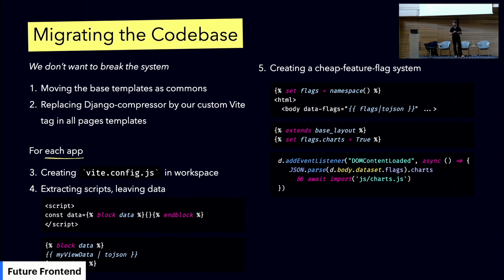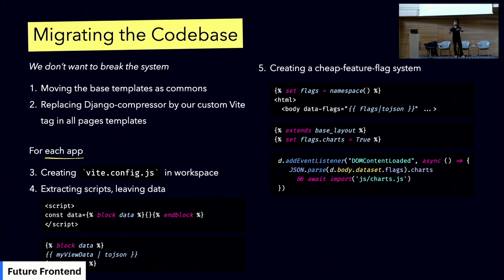And then for each application in the core, we had to create a Vite config file ready to consume the base config part. We were extracting all inline scripts into dedicated files, and we kept the data in data blocks in the views when we want to consume this data coming from the backend into the front-end components. And we created a cheap feature flag system, like, okay, we are in a view, in this view, we will have charts, and because this kind of view could be used with or without charts, or with a legacy version and a modern version,